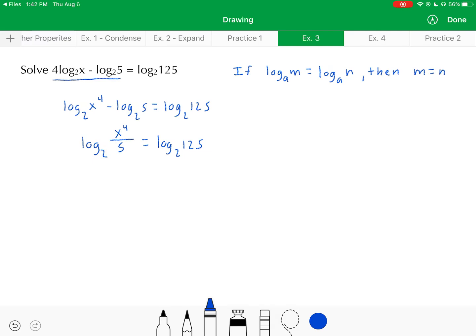Now, notice it's a single logarithm equal to a single logarithm, so I can effectively ignore the logarithms, set the arguments equal to each other,